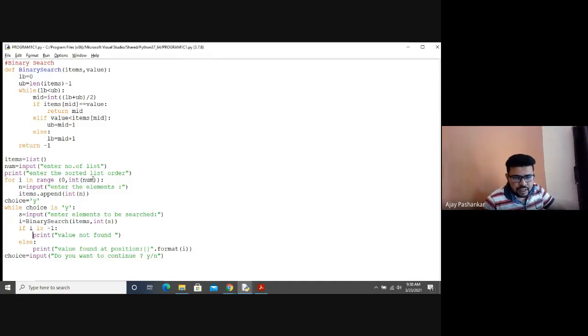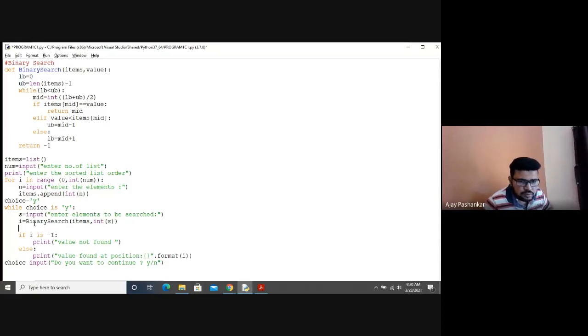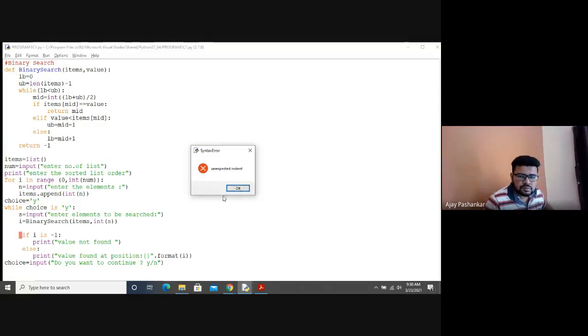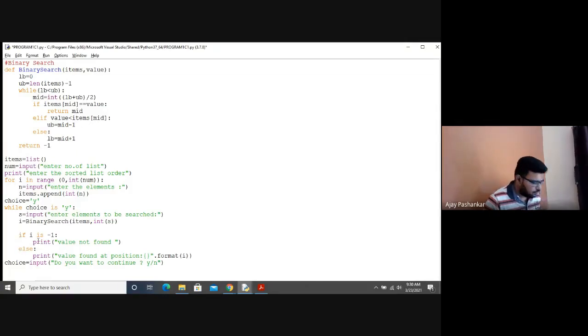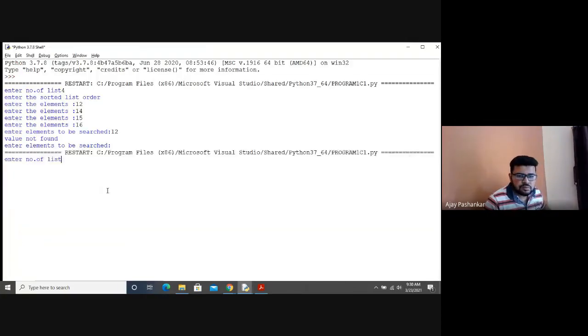So it is not taking this statement if binary search is there. Okay. Unexpected indentation. Number of list 5.